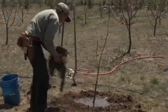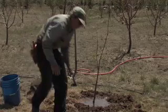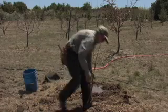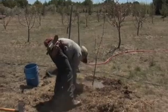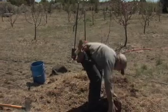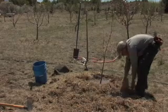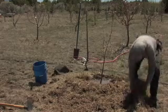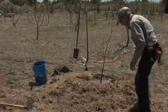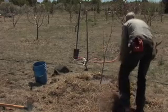So finally we'll mulch this out beyond the drip line. The mulch is probably the most important part aside from planting a tree properly, is that we want to encourage the moisture to stick around a little longer. We want to invite the worms and the other insects up. We want to create a little place for them. Worms love coming up underneath mulch, and this is all free stuff. This is old rotten straw and hay and manure, wood chips, grass, soil,